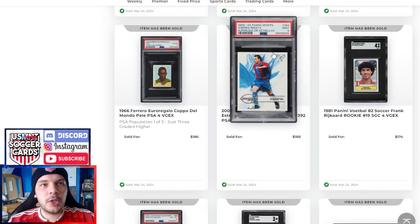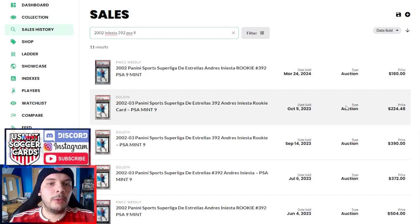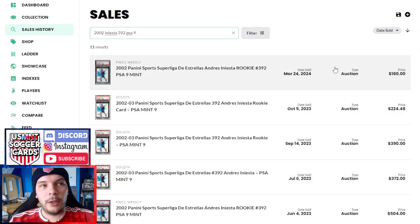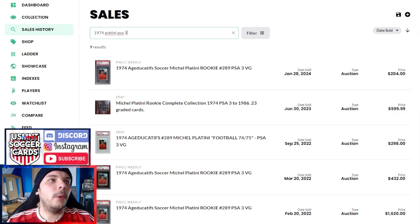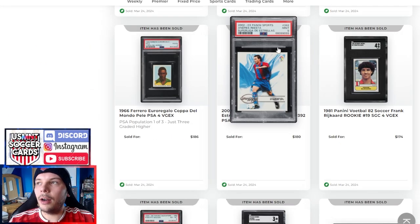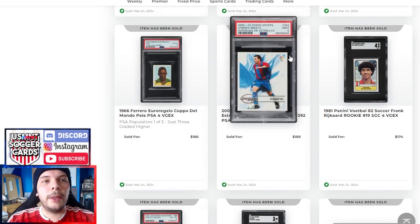The more common of the 2002 Panini stickers that he has. In terms of sales prices, it's basically just been dropping for the last year. $500, $300, $400, $220, $180. So really far down. Iniesta has a fair few options, which is always sort of difficult. These guys that are great players, don't get me wrong, but not the star of the era. If they have 4 or 5, however many rookies, it just sort of dilutes it,